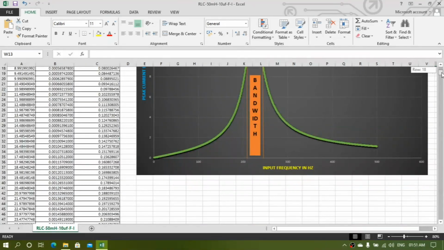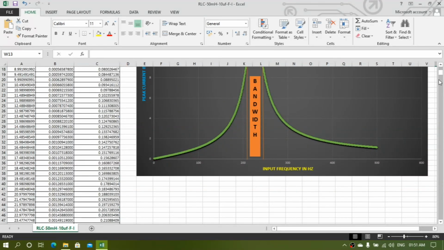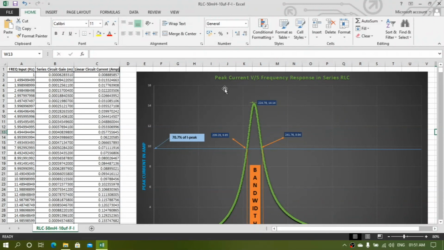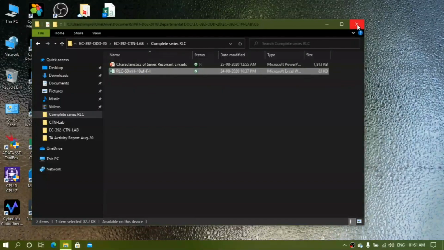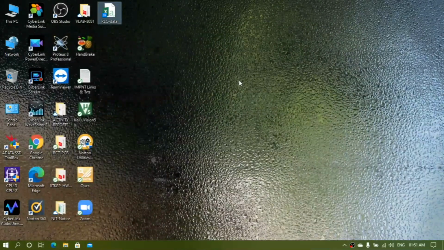So okay, now I will assume that all of you understand how to plot complete data with Proteus and with the help of Excel sheet. So when your lab starts, I will do the rest of the part for you. If you have any queries, I will show you how to do it.